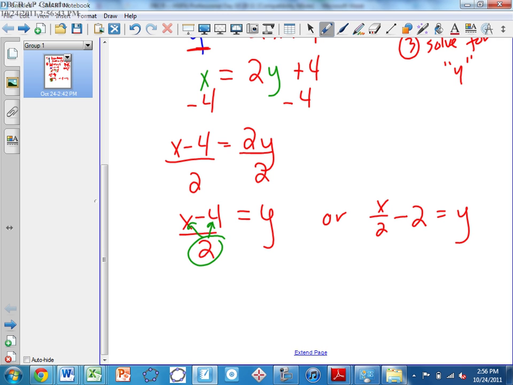Okay? Now, the final step, Andy. Put it like that, because can I divide x by 2? So I left it as x divided by 2. What's the 4 divided by the 2 here? Okay. 2. Okay? The fourth step is to rewrite